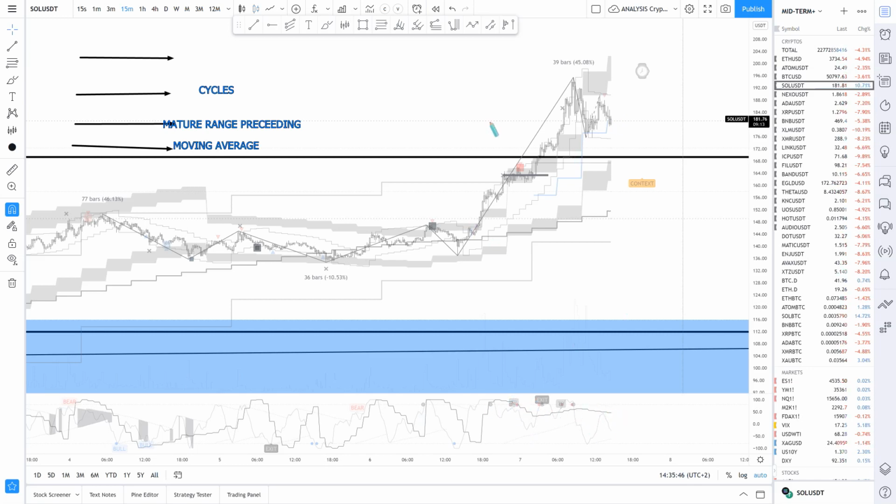Which we have. So in here, in terms of moving average, cycles, and preceding mature range, do we fulfill all of that information? Yes, we do. So in here, we're supposedly going to use our trending context without a problem, but still there is one additional final thing, which is, what is the last core rule that would filter out our use of trending contexts in the current charts? Because right here, right now, we will definitely validate those three, but the fourth one isn't going to pass. So which one is the fourth?